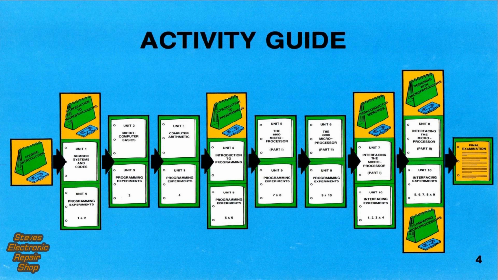The final portion of the course begins with the audio-visual presentation, Designing with Microprocessors. Unit 8 continues your study of interfacing. Here you discover how special interface chips ease the task of microprocessor-based design. Then, interfacing experiments 5 through 9 give you practical experience as you investigate some of the more intricate problems of interfacing. Your study concludes with another audio-visual presentation that shows you how to compare microprocessors and select the right one